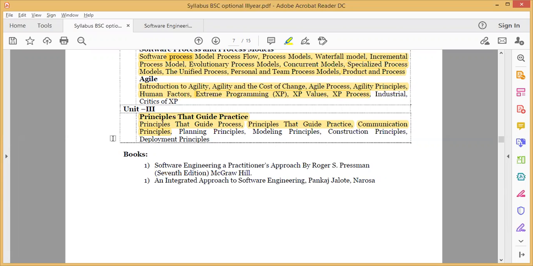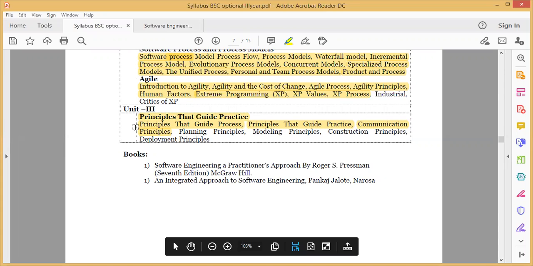As we know, we have started our third unit, and in it we have started the principles that guide practice. Under this heading, we have completed principles that guide process, principles that guide practice, and communication principles. Today, I'm going to look at the next point, that is the planning principle.